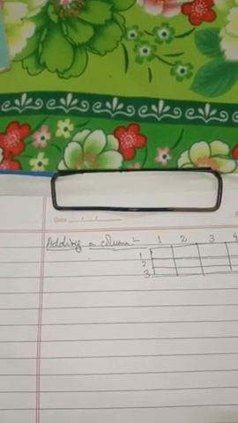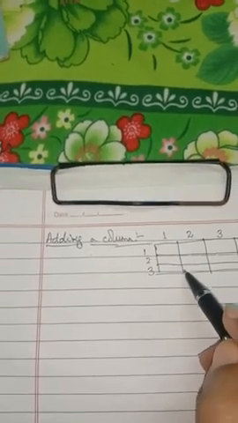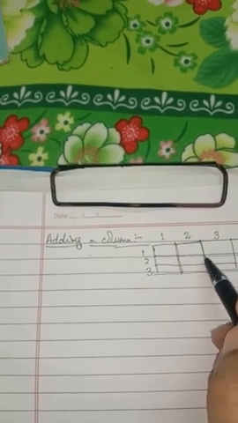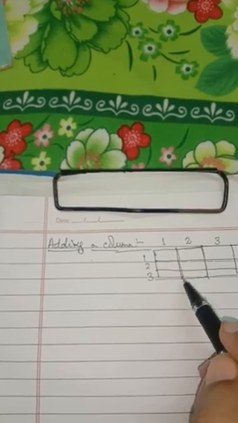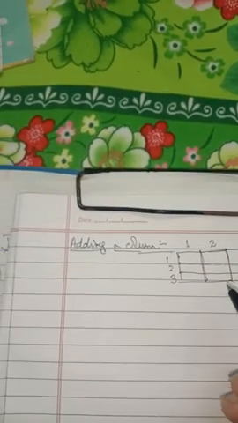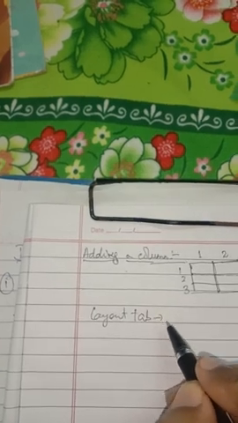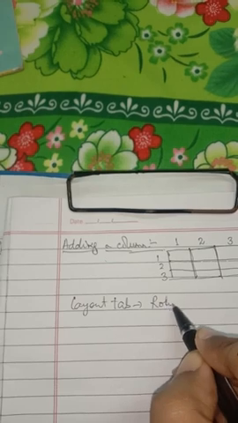Now suppose we want to insert a new column. For this, click on the column where you want to add an additional column. Suppose I want a new column between column numbers 1 and 2. So I have selected column number 2. Now from column number 2 I have moved to the layout tab and clicked on it. The next step is to use the row and column group.